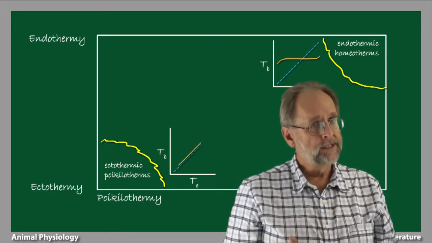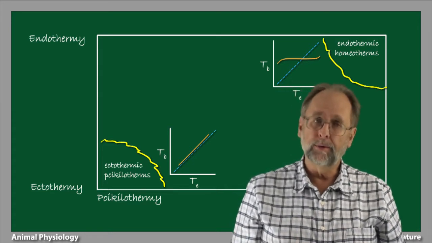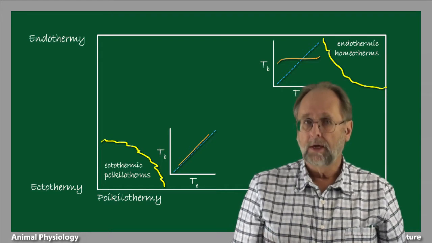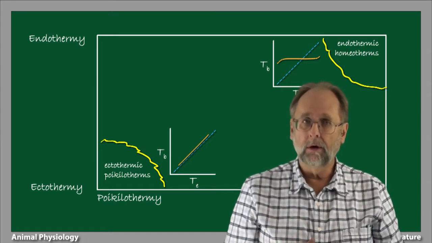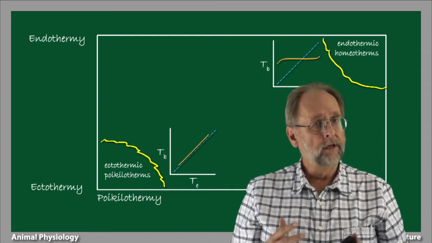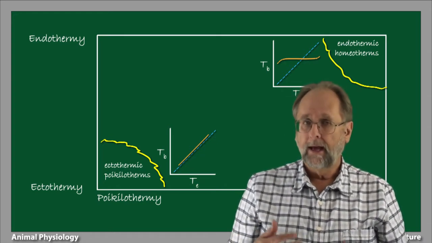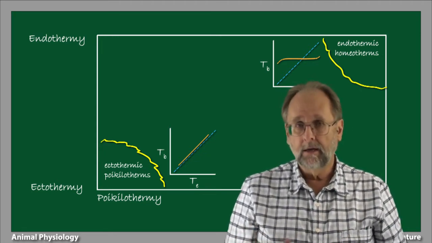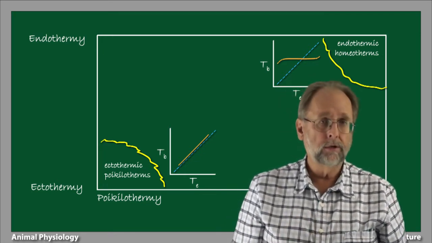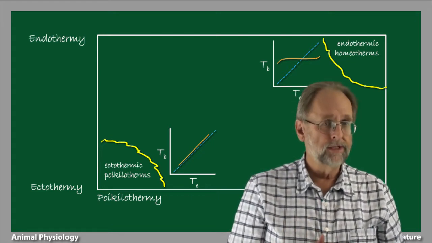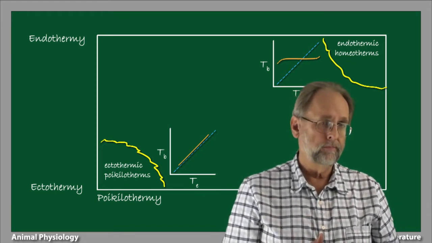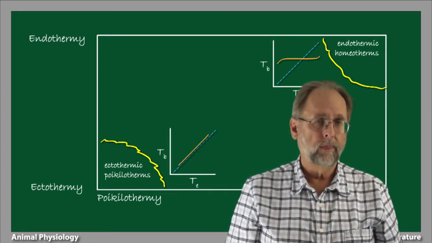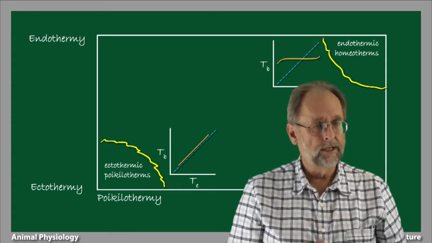We can characterize these also with a subplot of body temperature versus environmental temperature. What we see in this case, of course, is that the body temperature, shown here in orange, pretty much tracks variation of environmental temperature. As environmental temperature changes, their body temperature changes along with it, and because they're not generating much heat internally, their body temperature never rises that far above the environmental temperature. We'll have quite a bit more to say about this in a later lecture. But let's have a look at some harder cases.